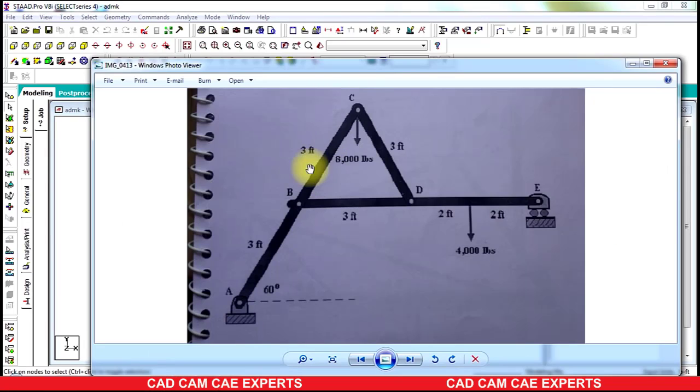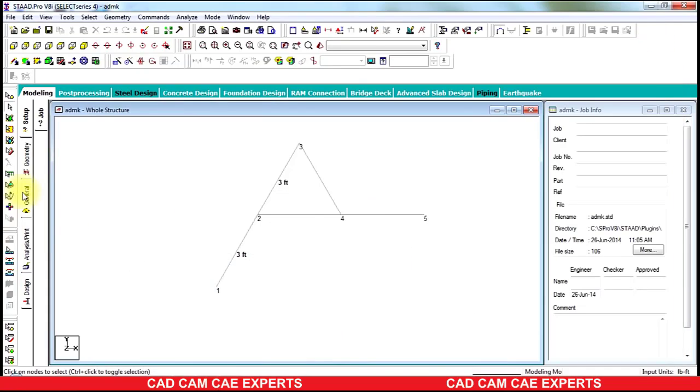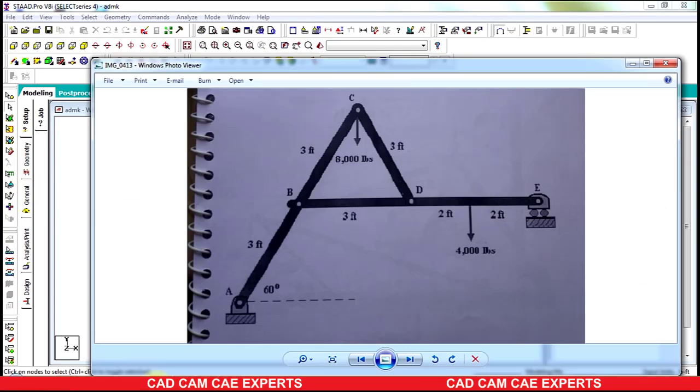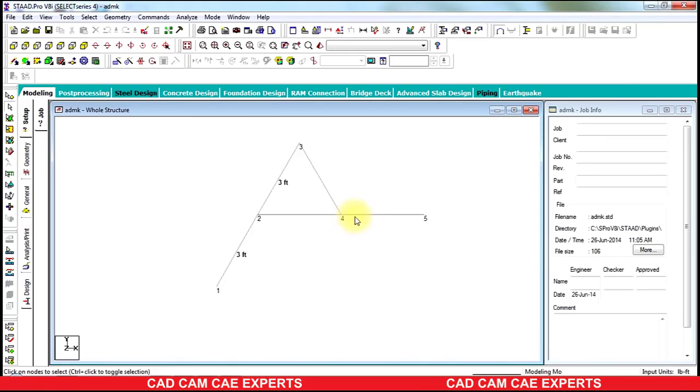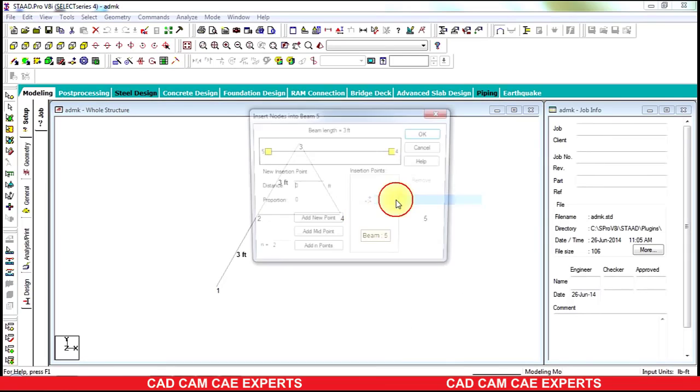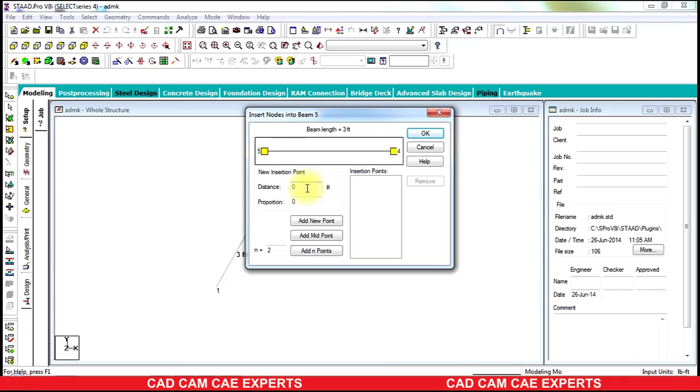As per figure we can see all our angles and supports are a pin support and a roller support, and there are two loads 8000 and 4000. Then since we have created a 3 feet beam, mirrored it, but we have here 4 feet and exactly a node point at 2 feet. So what we'll do is select the beam, insert a node, distance will be 2 meters, sorry 2 feet,